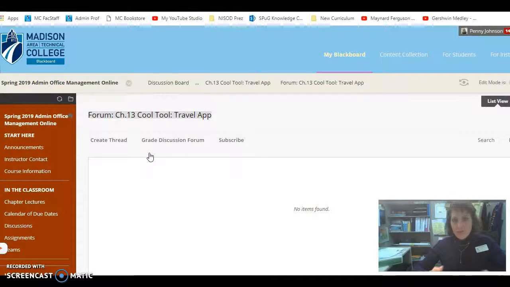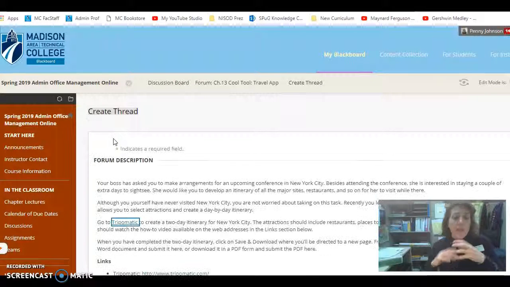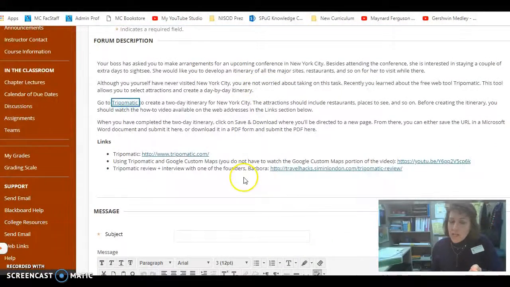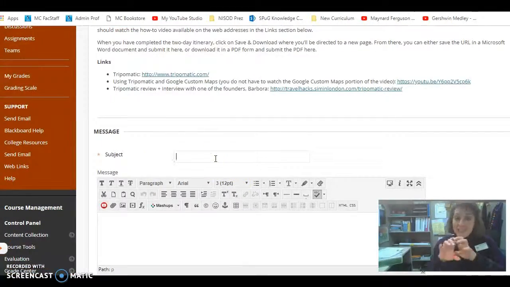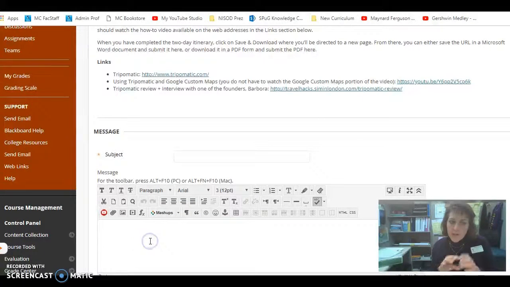That will advance you to the spot or the section within our course's discussion board where you need to post this. Okay, now click Create Thread. I have all of the same instructions here as well, so you can sort of double check your work. In the subject box, you can type your name and travel itinerary. And then down here in the body message box, you can type a little blurb about your